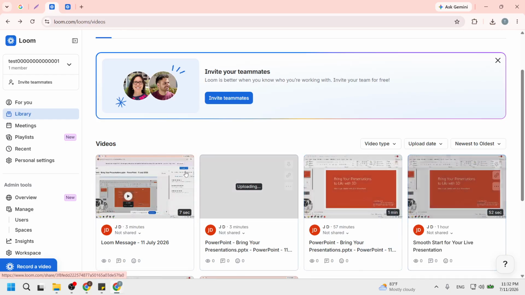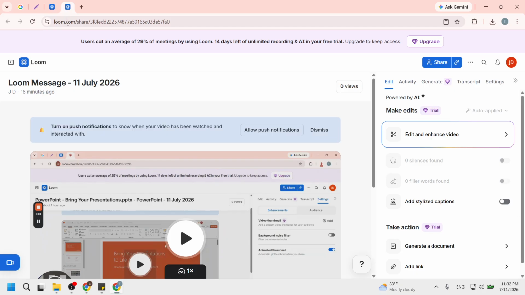Next up, click on the video for which you want to download the transcript. You can identify the correct video by its title or thumbnail image. Clicking on the video will open it in a new player window. This action is important, as it allows you to access the settings and features specific to that video. Once the video is playing, you will see a range of options appear, which will help you navigate to the transcript download feature.